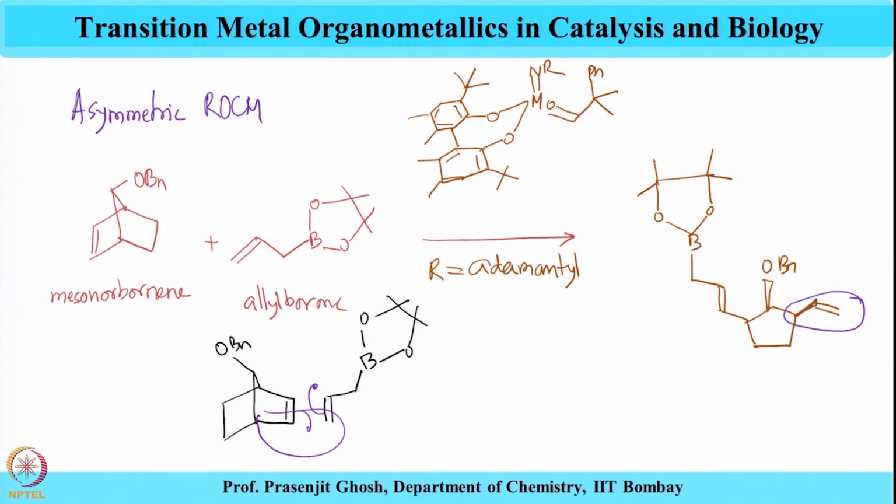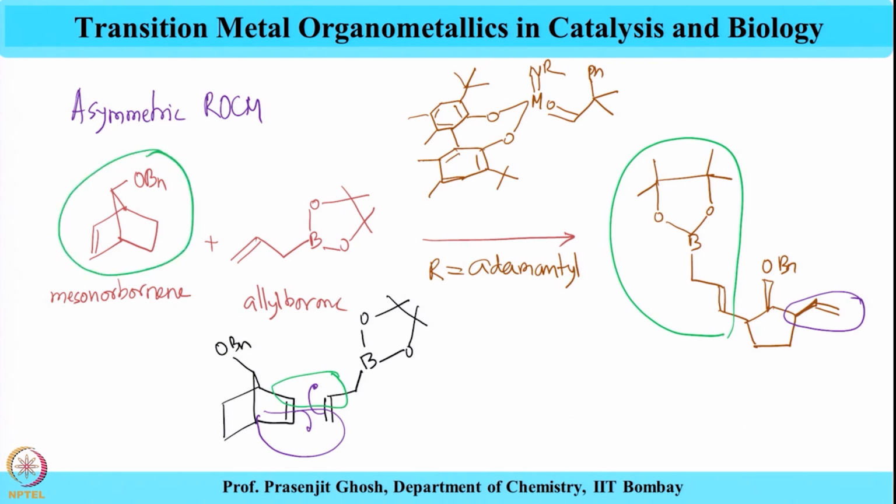So, this is corresponding to the vinyl substituent over here, and this fragment is corresponding to the boronic ester substrate over here. Needless to mention, this also has considerable ring strain that is so characteristic of this ring opening cross metathesis reaction, and has been successfully utilized for preparing this asymmetric chiral compound using asymmetric ring opening cross metathesis reaction.